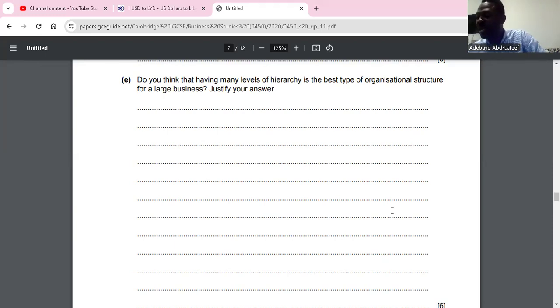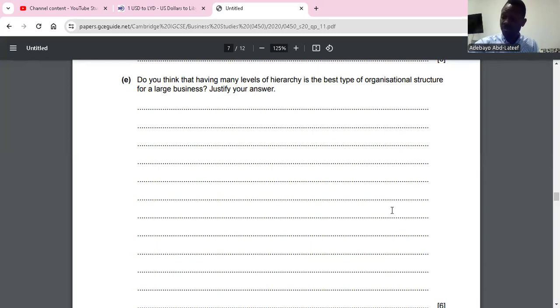1, a tall chain makes managers remote to employees, and this may lead to demotivation and lower productivity. It's a tall chain. So when you look at the number of employees under the manager, they are few, but the managers are always far away from them. Being far away from them could demotivate them. As a result, it reduces productivity. Clear? Yes. Also, a tall chain doesn't allow delegation. As a result, workers won't be empowered. This could be demotivating.